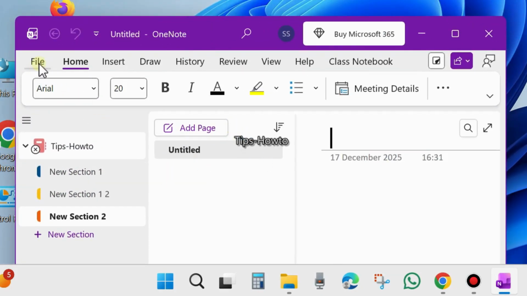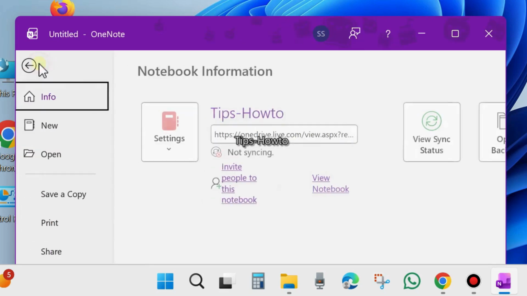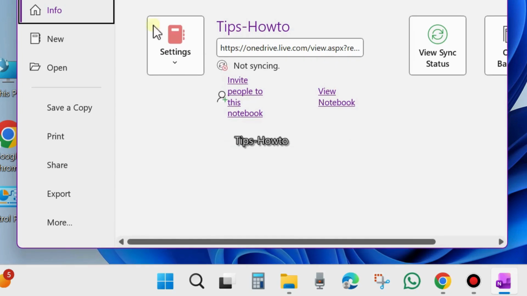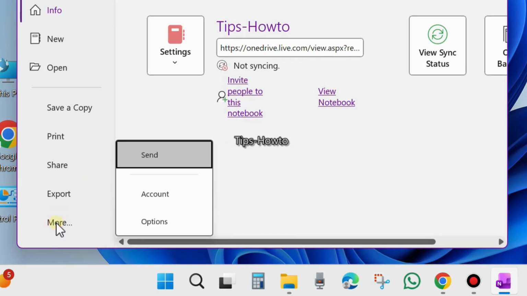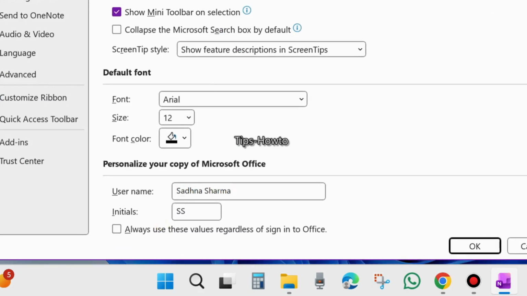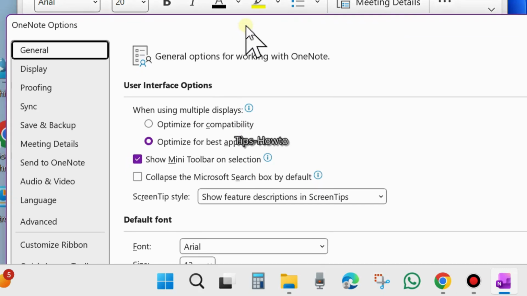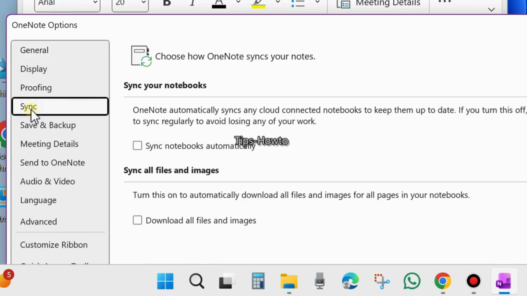Here, from the top menu bar, go to File. From the top left corner, click on File, then click on More. Here choose Options. Here, from the left side of the menu, go to Sync. Thereafter, go to the right side,